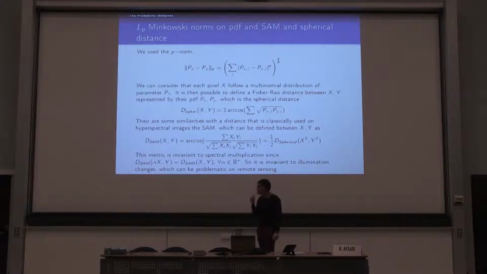So, distances, we use different distances. We first use norm 2, the Euclidean norm. We also use the spherical distance that is quite used in the Fisher-Rao distance. It corresponds to a kind of model of data. This spherical distance is also linked with a distance that is classically used in hyperspectral images, which is the sum. That's why it's also interesting. And at the end,